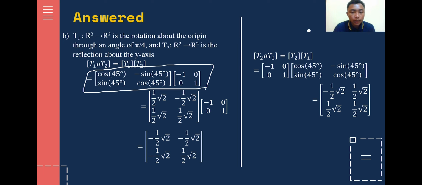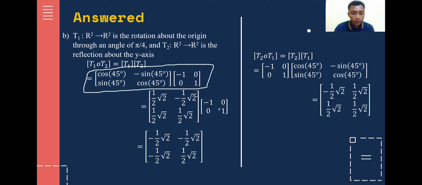This is the formula, and we multiply 1 per 2 root 2 multiplied by minus 1 is minus, and the next, multiply 1 per 2 root 2 by 0, this multiplied by this minus this multiplied by minus this,